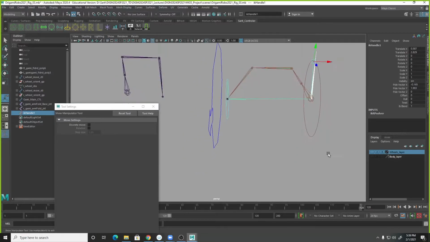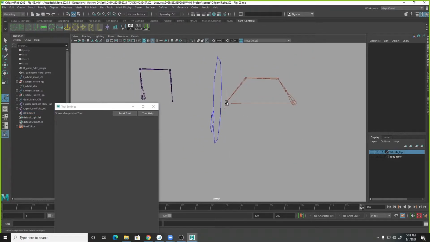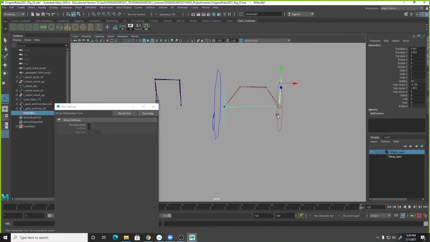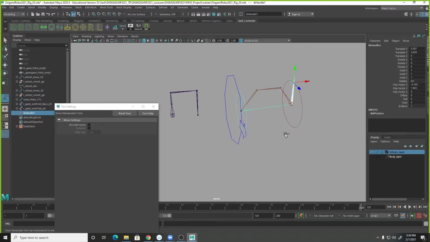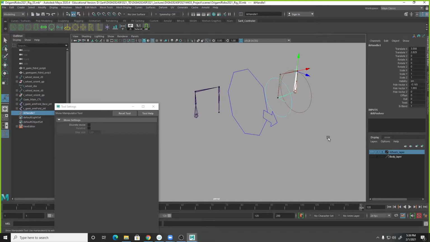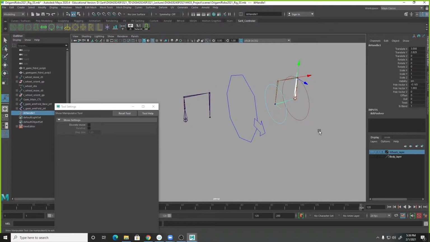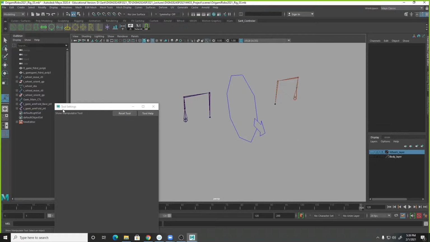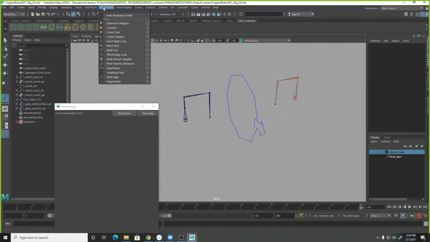Now these are really annoying when you select them, because you see that interaction. Also, for this project we do not need twisting mode because we don't really animate directly to this IK either. So if I delete it,